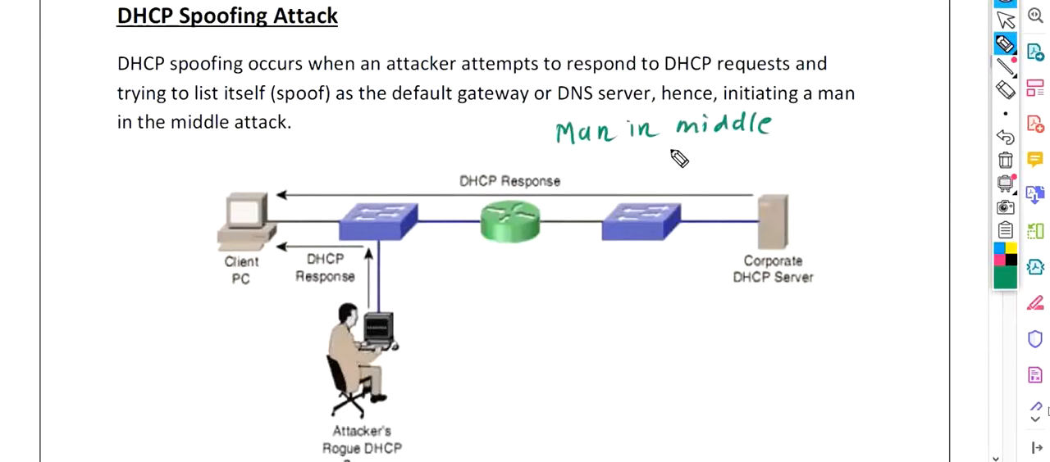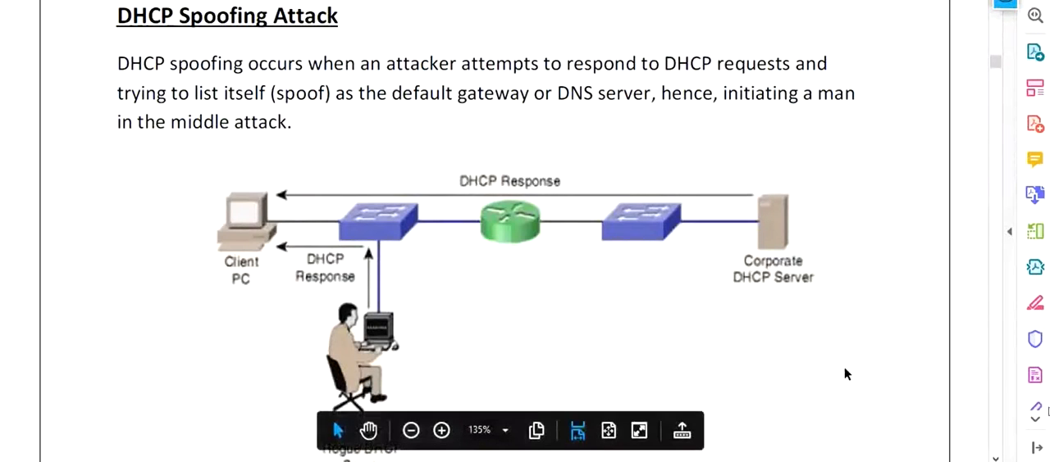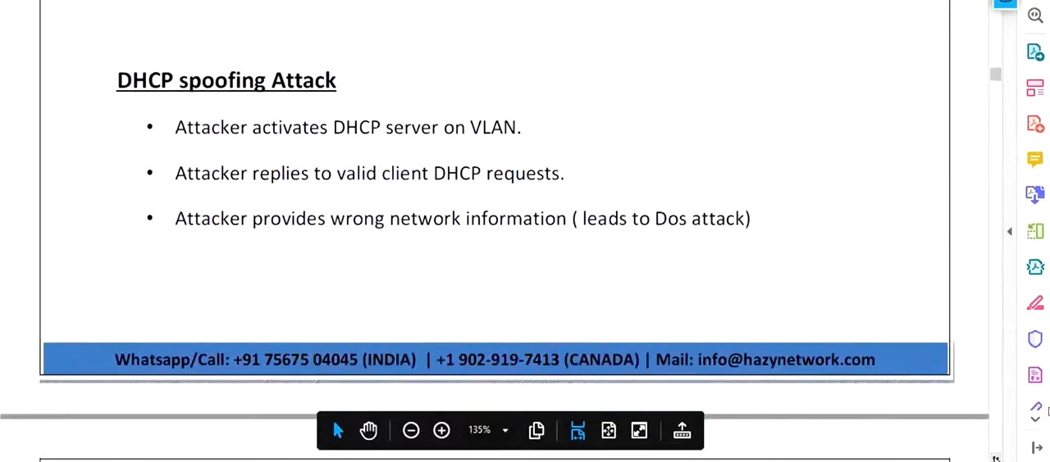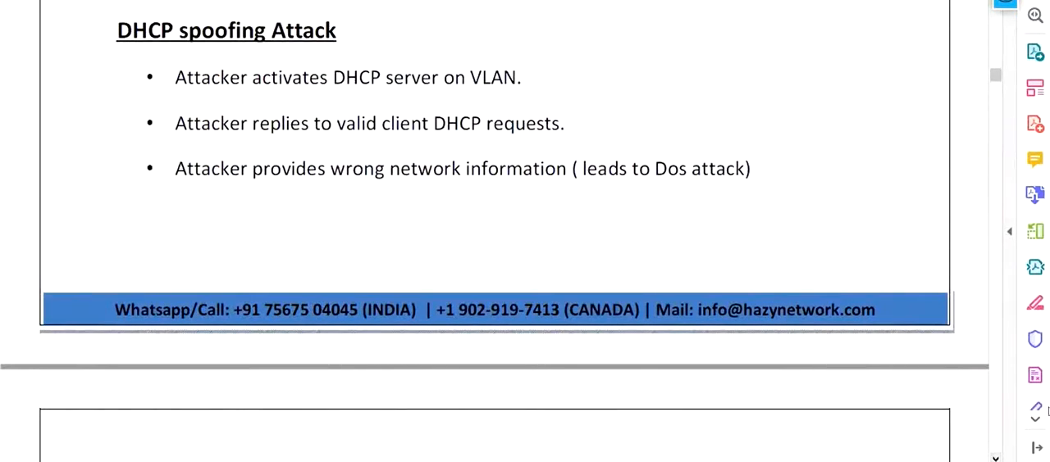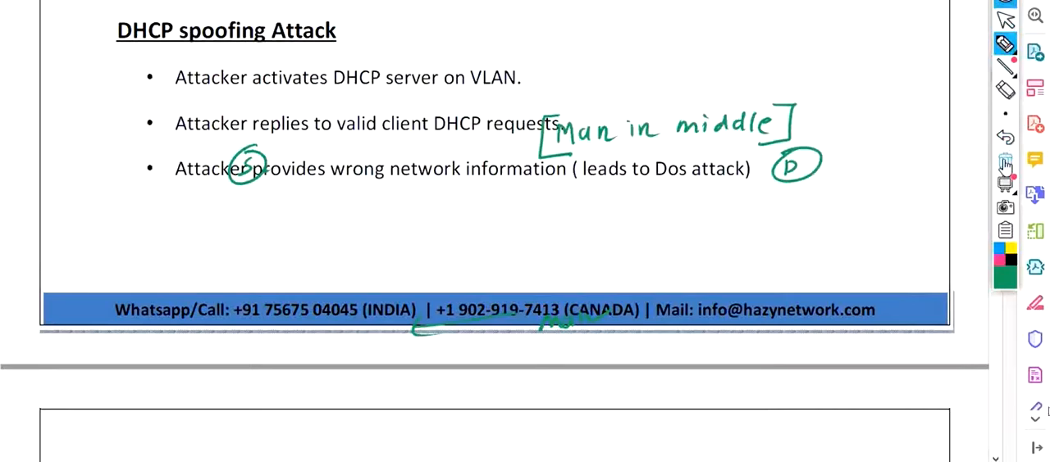Why is it a man in the middle attack? Because this is your source, this is your destination, and in between source and destination there is one man. That's why this attack is also called a man in the middle attack. Correct? So let me show you something over here. You can see now, one of the most frequently asked interview questions is